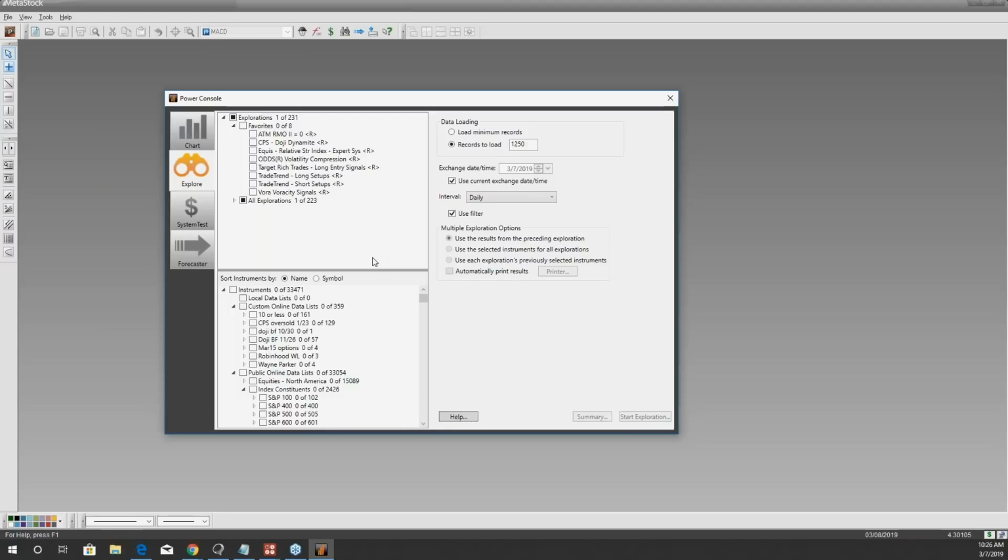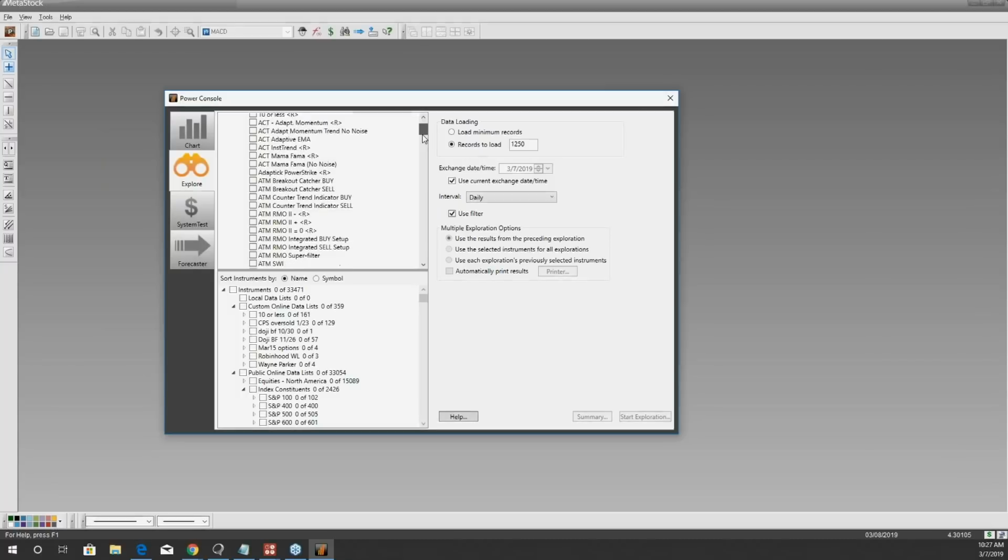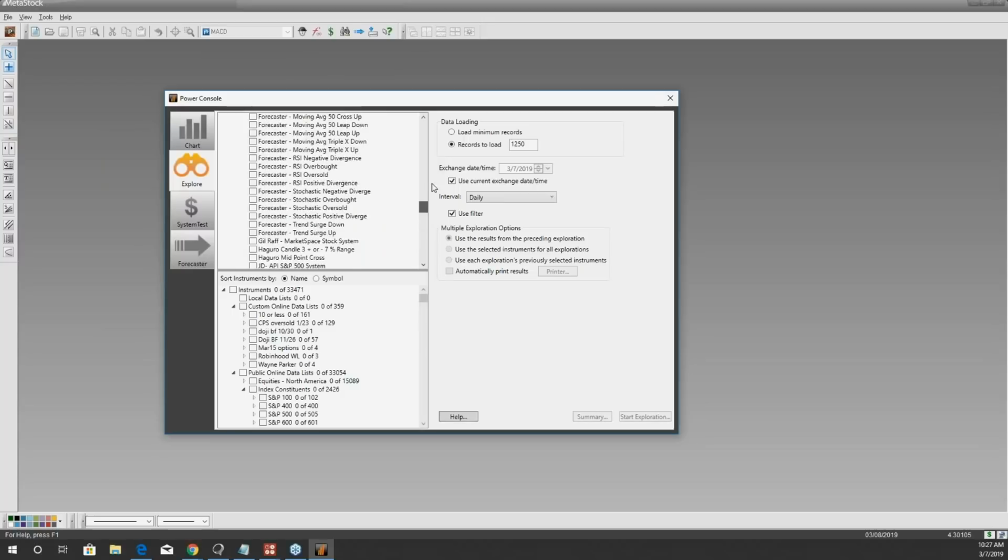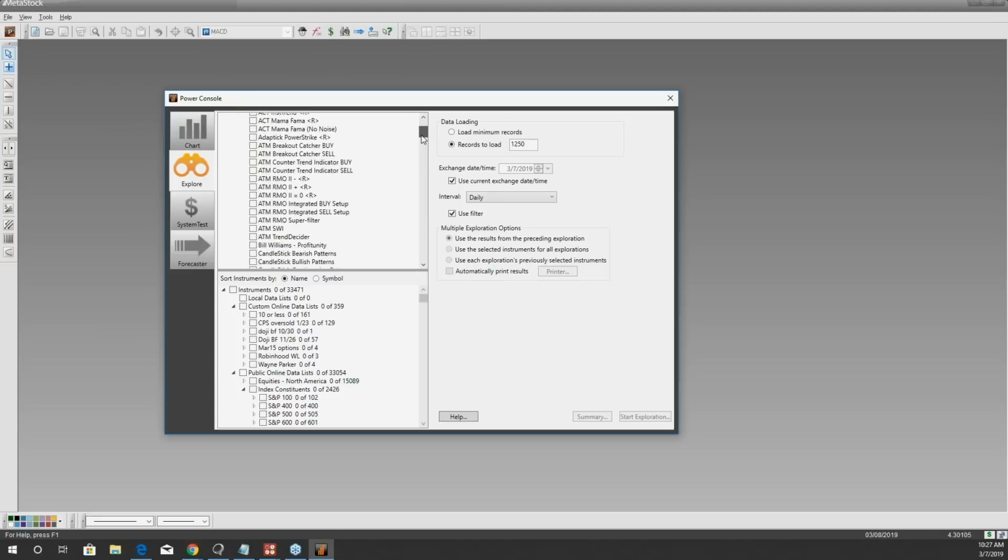No problem. Okay, so let's look for a buy signal. Let's find an opportunity. Let's get into a trade today. How are we going to do that? I'll show you. We're going to go to the Explore function over here. And this is great because we have many different explorations. We have many different scans we can take advantage of to look for different buying opportunities. Look at all these. These are all different scans we can use to scan the markets. Of course, I do have more than what the software will come with. I think there's generally around 140 to 150 different scans right away. But there's plenty, right?